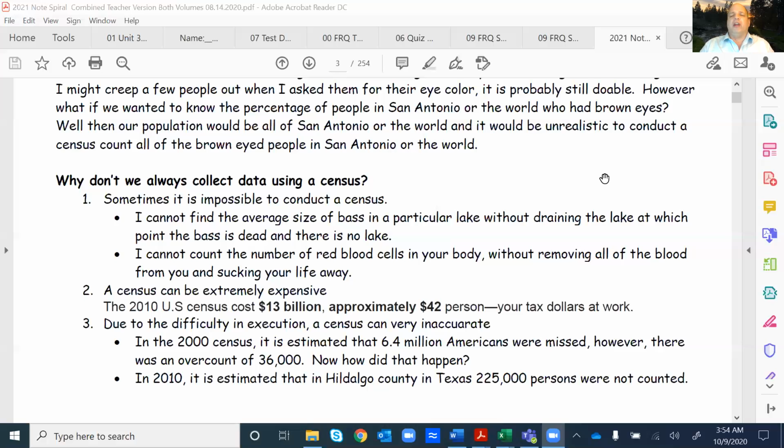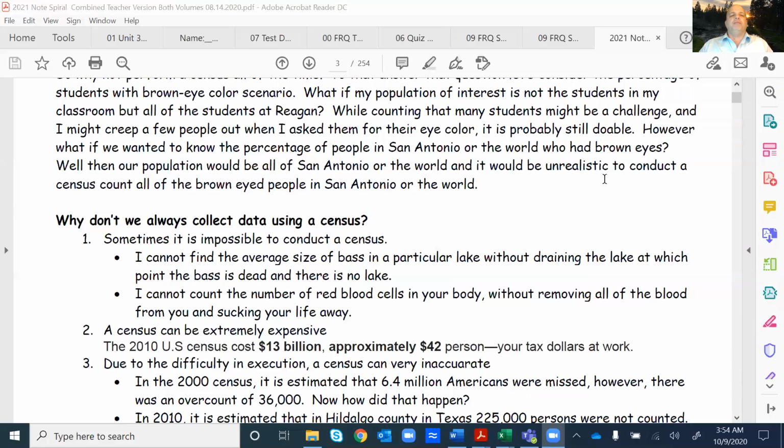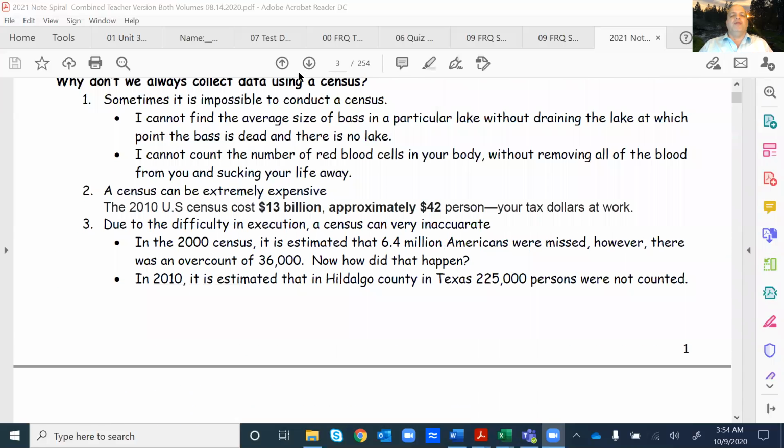At that time a census does make sense, and so I don't need sampling techniques. So what is a sample? And we're going to move on to page 11 at this point